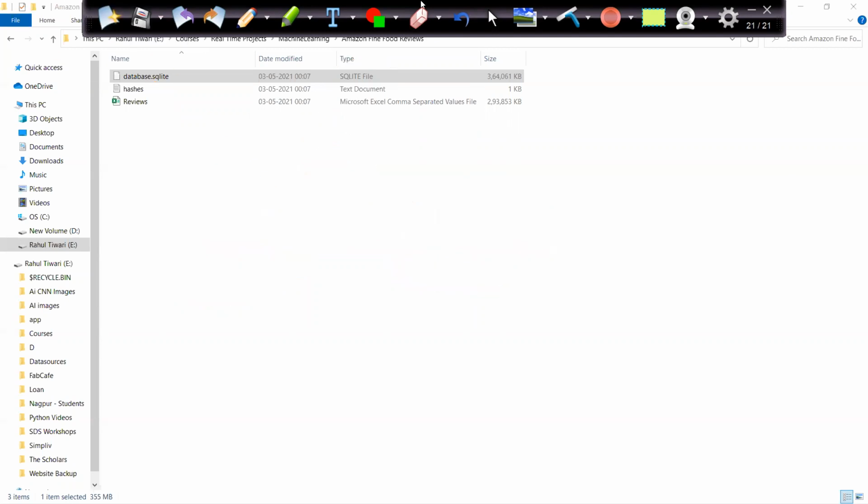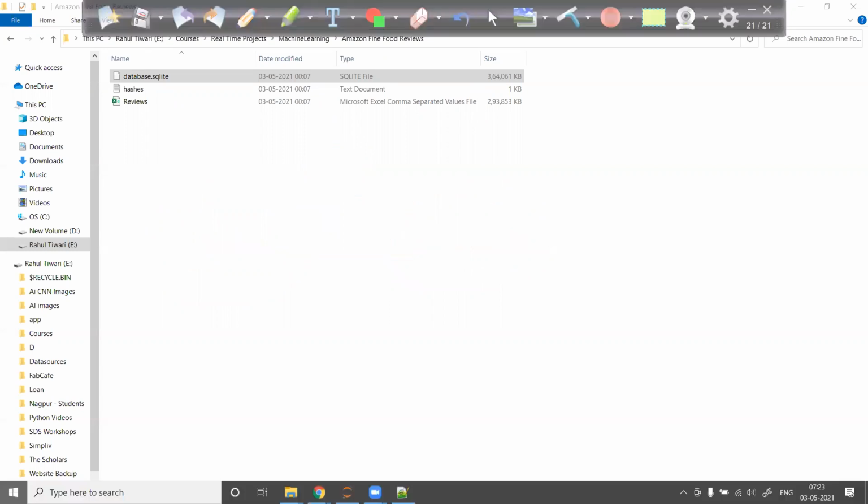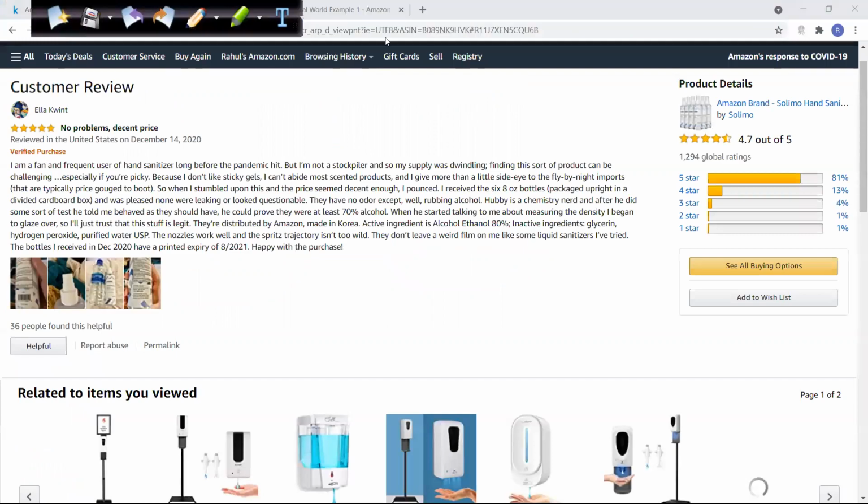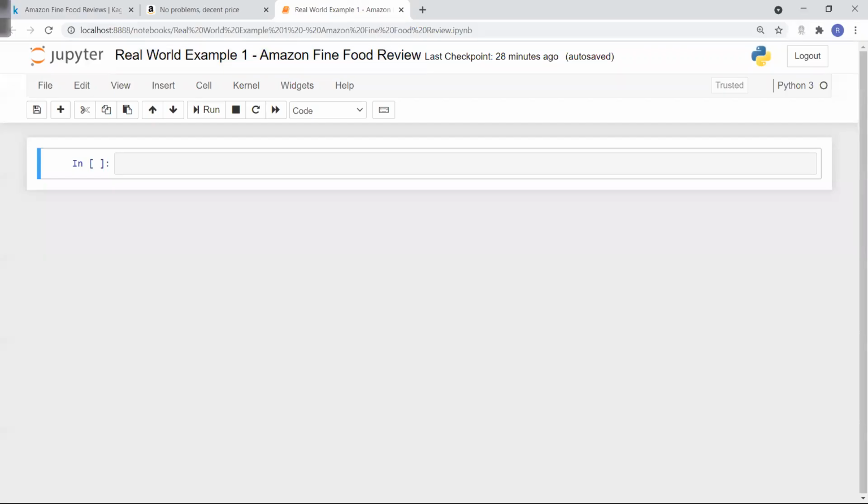So I'll go ahead and open up Anaconda. This is the instance of Anaconda. I'll write certain lines of code which will help me connect to my databases.